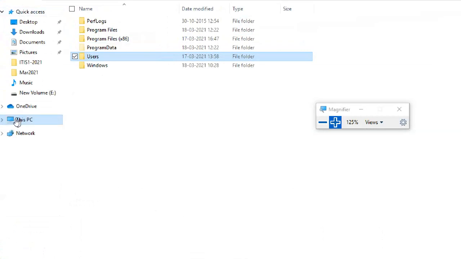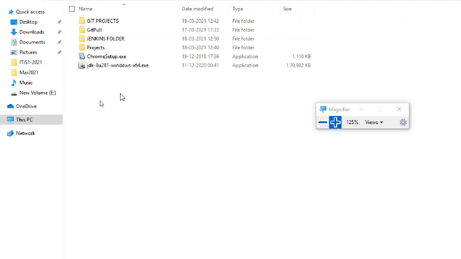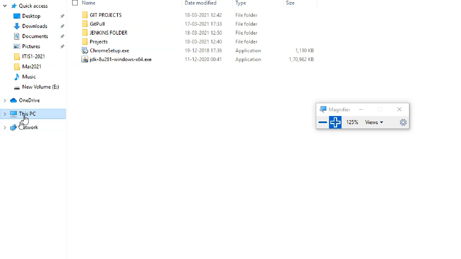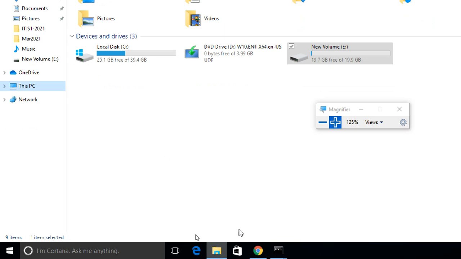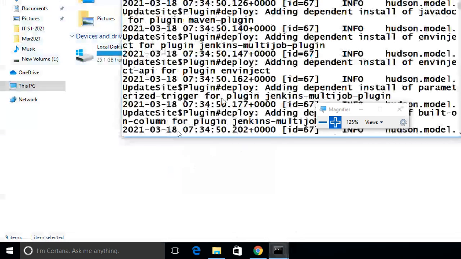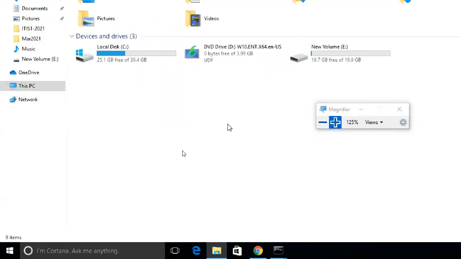Last part we discussed how to execute a program using Java. Same thing we can do with Jenkins also. Same execution we can do with Jenkins.